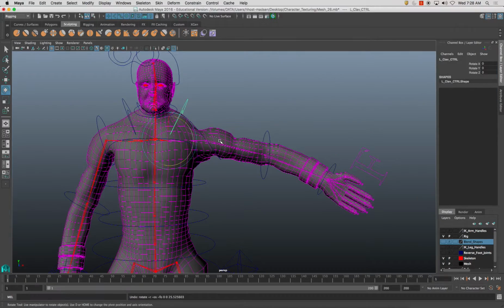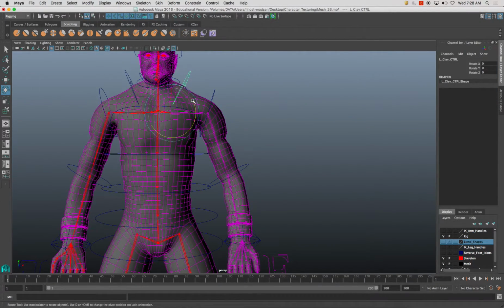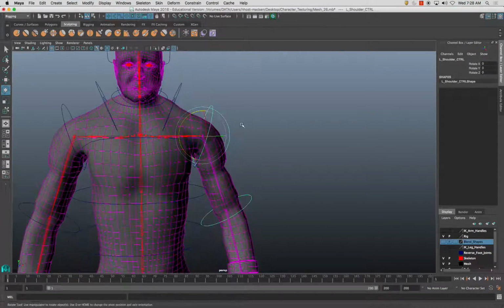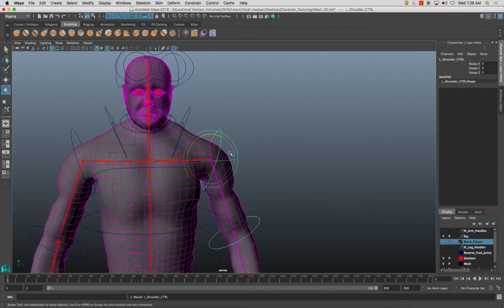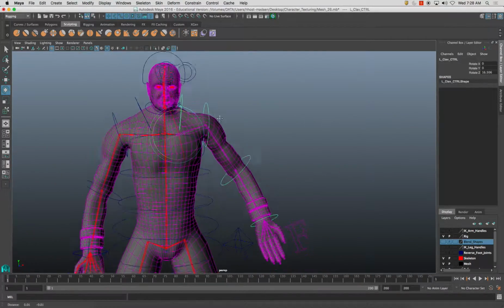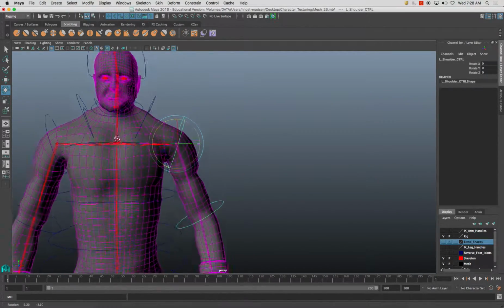Now one of the things I'd like to explain really quickly, when I bring this up on the clav, you'll notice that the arms stay there because I have the arm controls here, the FK arm controls parented to the chest control. Now I could parent it to here and then it all moves. Personally, I don't like it that way. And the reason being is because